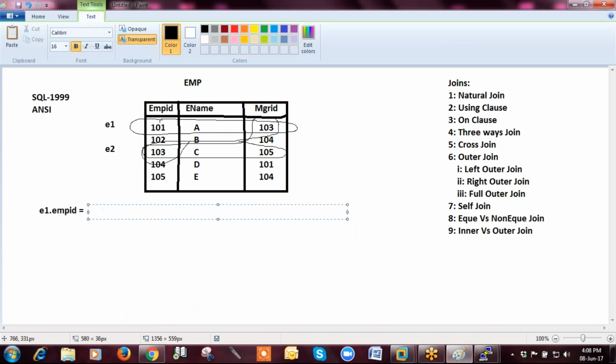So the value will be 101, and E1 dot e name will be A, and E1 dot mgr id will be 103.